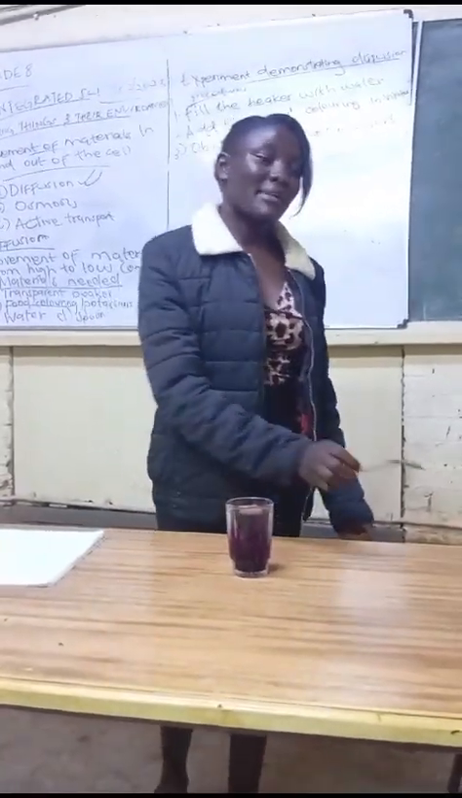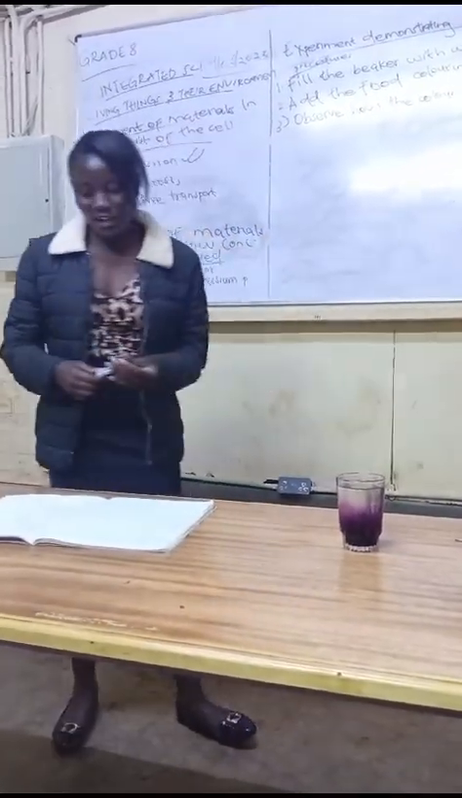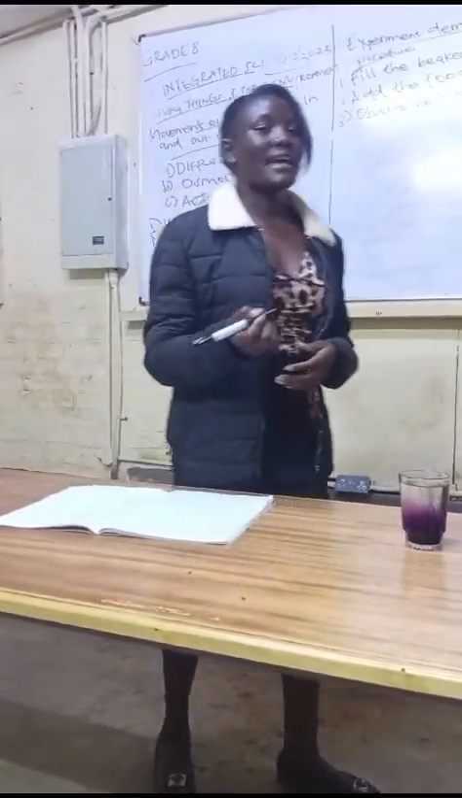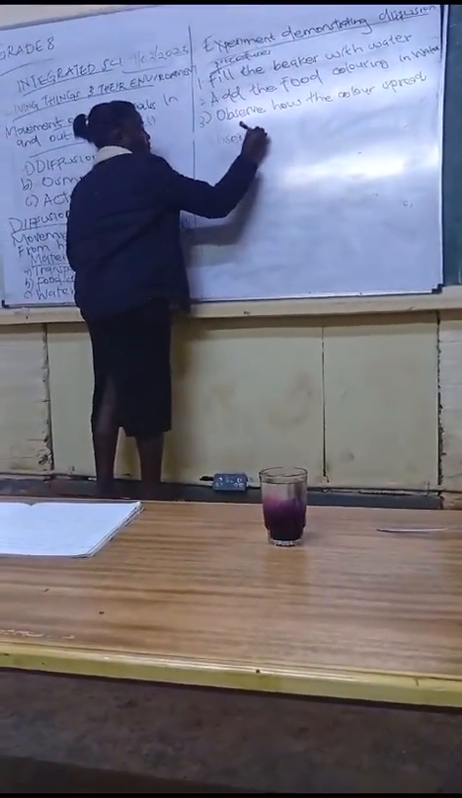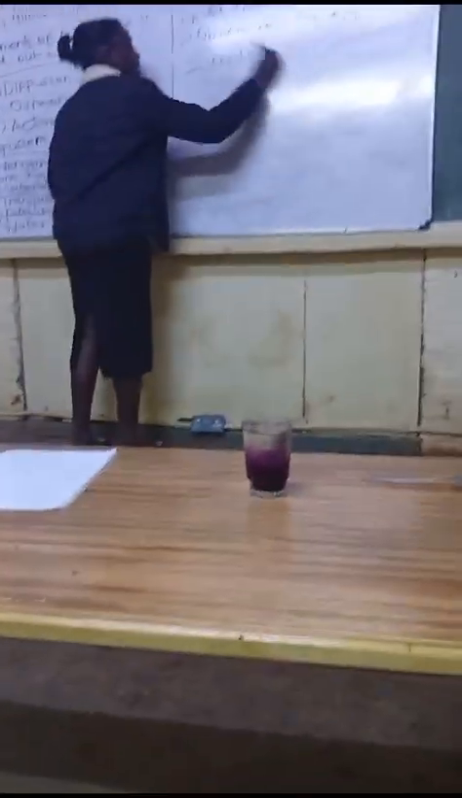So that's the experiment. And from our experiment, you must note the observation. Are we together? The observation is what you see from the experiment. So our observation, one of us has told us that the